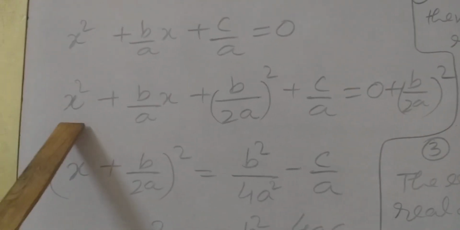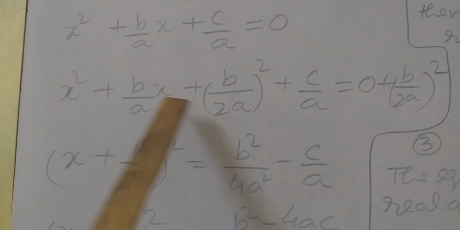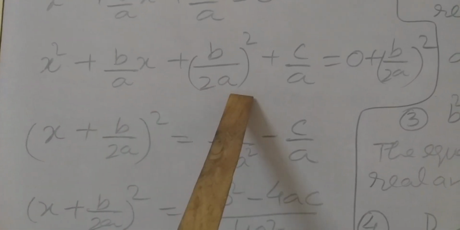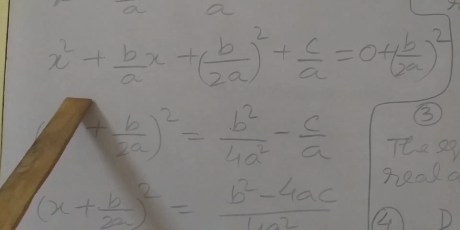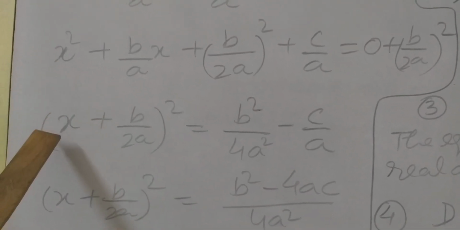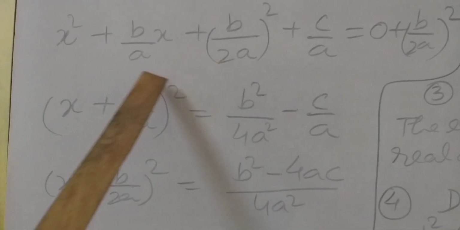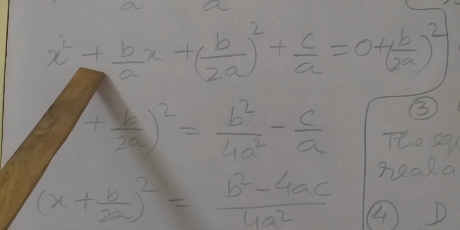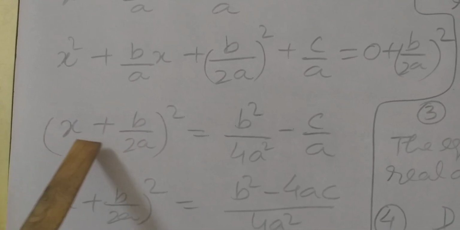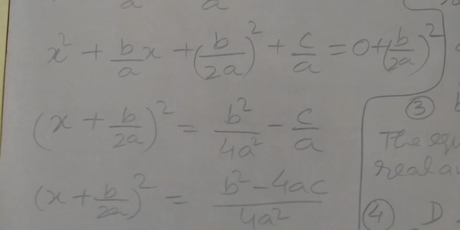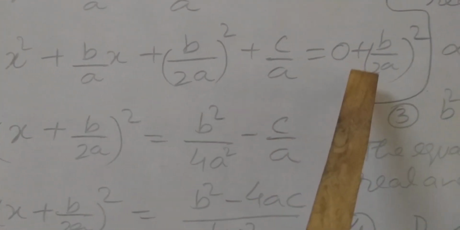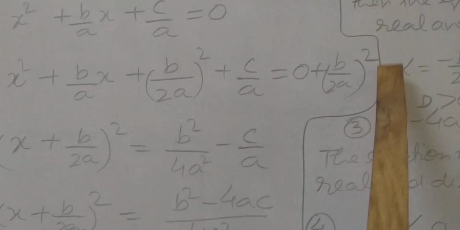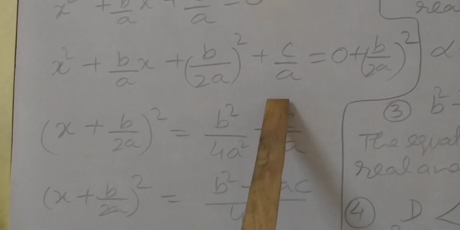Correct? So students, you can see it is a square, it is b square, it is 2ab. So it will become a plus b whole square. At the place of a we have to write x, at the place of b we have to write b upon 2a, and the sign of 2ab we have to take. So it will become x plus b upon 2a whole square, and it will become, students, b square upon 4a square. c upon a will transfer this side, becoming negative c upon a.